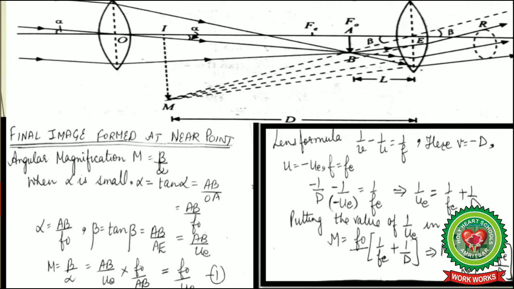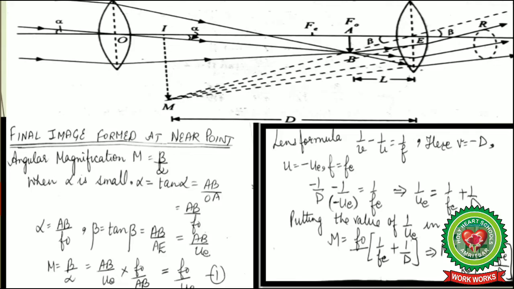The image formed for the objective lens becomes an object for the eyepiece and the image is formed in front of the lens, which is virtual and erect. This is because the object is between FE and E. That is, whenever the object is between the focus and the lens, at that time the image is always formed in front of the lens.